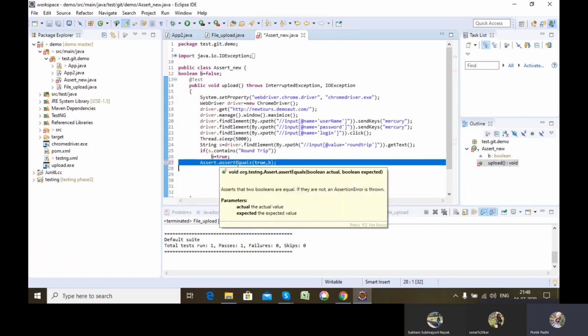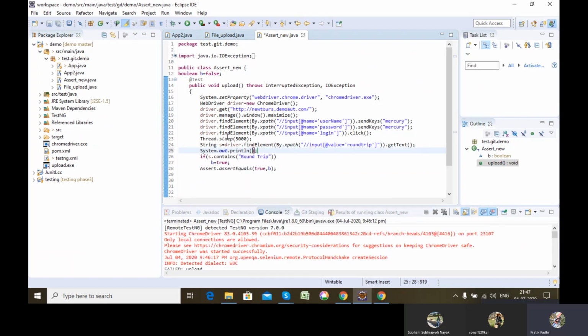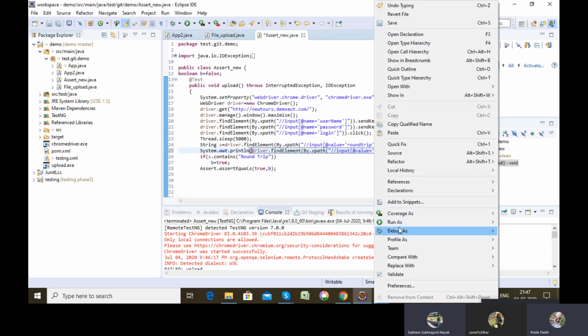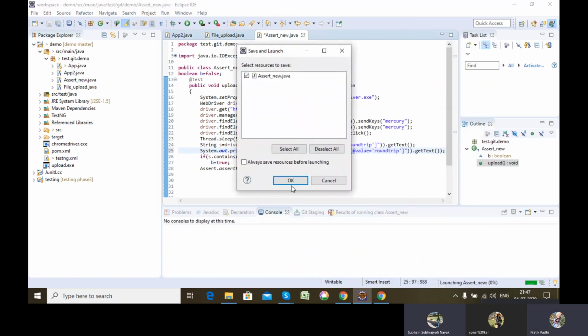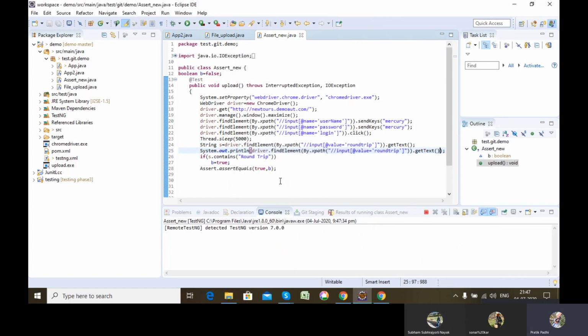Now we'll be seeing the pass scenario. In the second run, we'll be seeing the fail scenario. We can just print s over here.